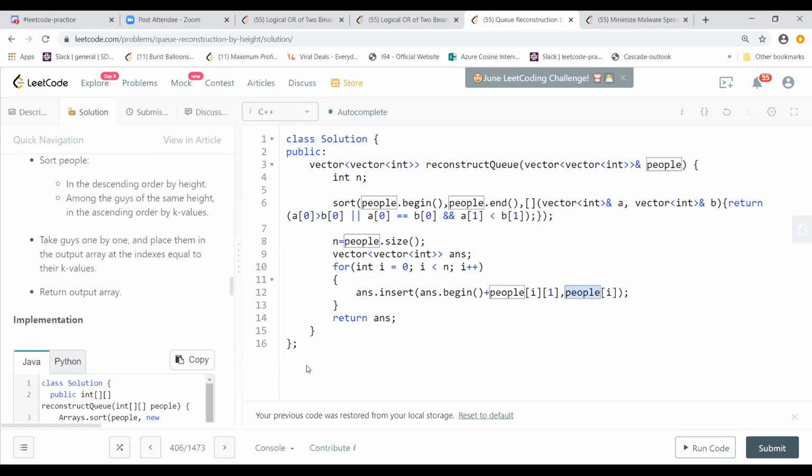So if we don't sort that, even in that case, it will work, right? Without sorting? No, because you have to have that in a particular order. Then only you can insert it. So basically, this is a greedy approach. We are placing the larger height person first, and then we are moving to the shorter ones. So for that, we need to sort. If you don't sort it, then inserting will be a big headache.